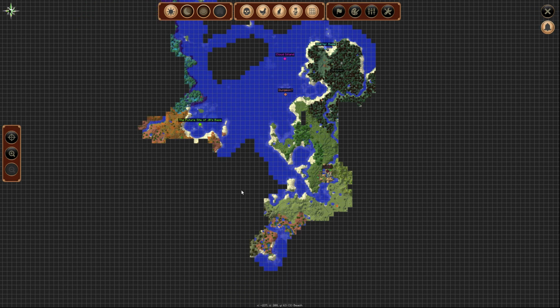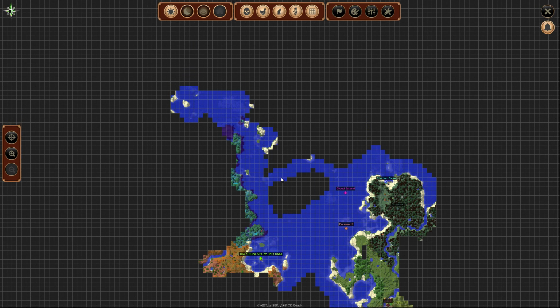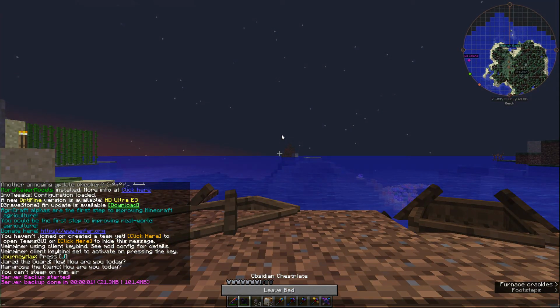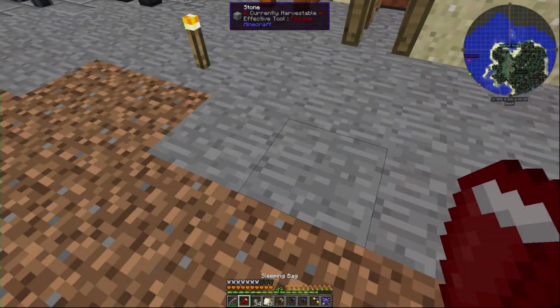Okay, they're not typically too rare. I think what I'll do is I'll get on a boat and I will essentially just sail around the ocean until I come across a slime island. Once I find one,